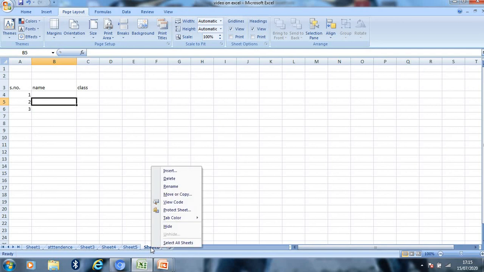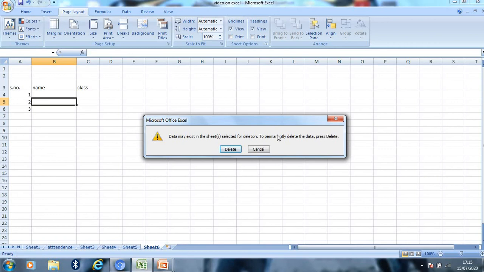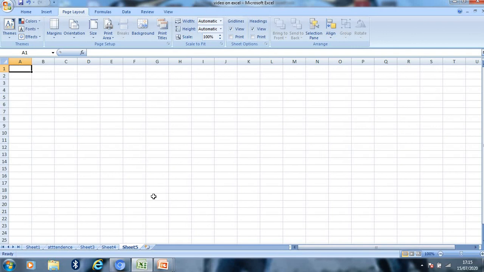Right click on the sheet tab and then press Delete. A dialog box will appear. It will ask you to permanently delete the data, then press Delete, and your worksheet will get deleted.